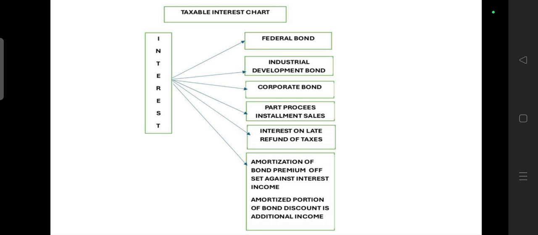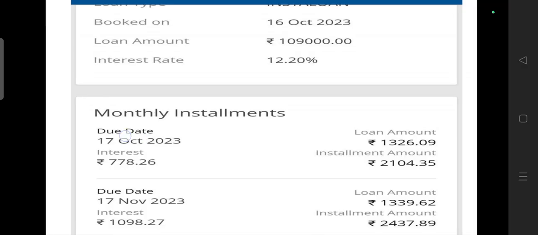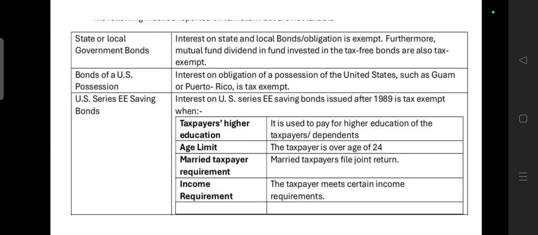Interest received from federal government bond, interest yield from industrial development bond, interest yield from corporate bond, part proceeds of EMI, that interest component, delayed payment by the local authorities or local government or whatever, amortization setting off and adding. Example. Now let's move to the